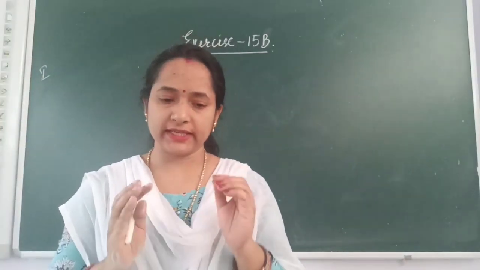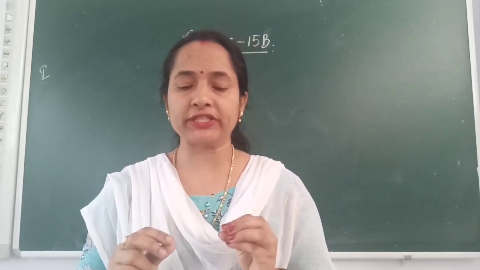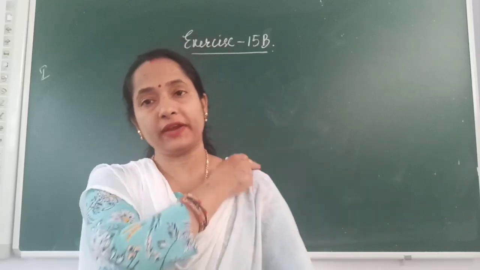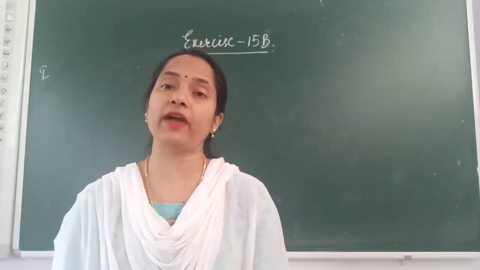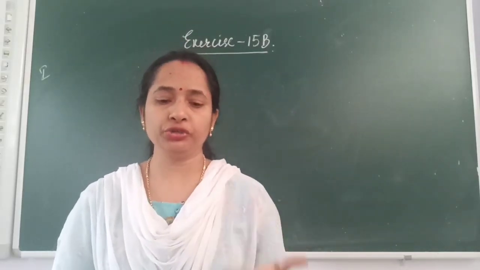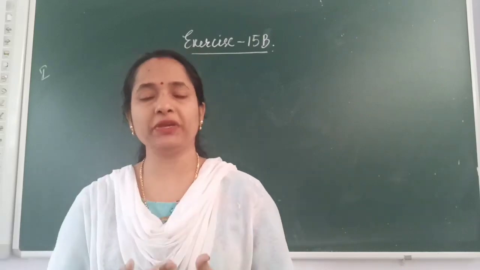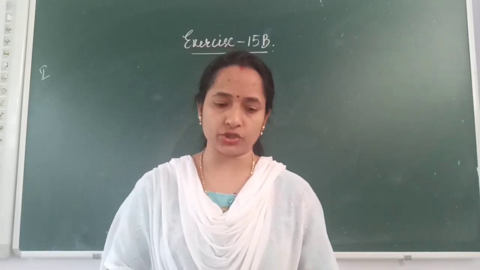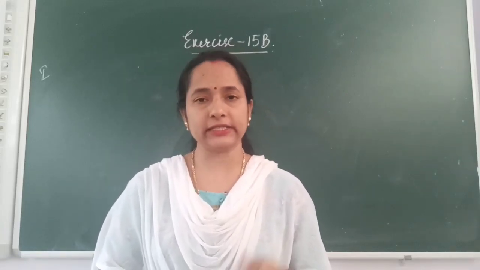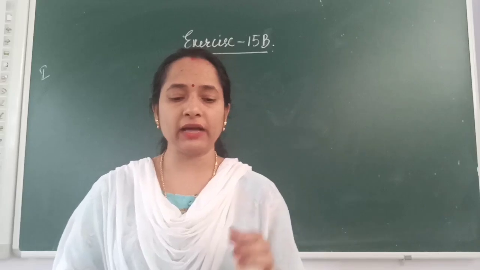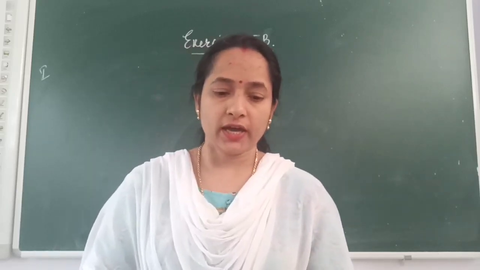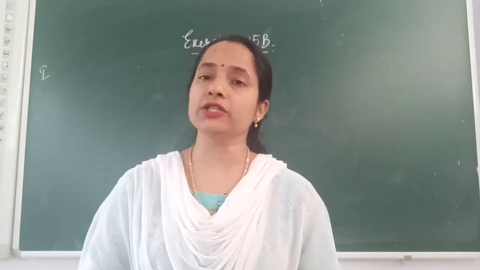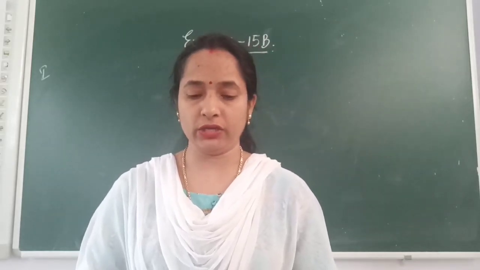Bit B is directly given a square of side 25.5 centimeter. You can write 25.5 centimeter as it is, or you can convert it into a mixed fraction, simplify, and find out the area of the square. So you do this. Next, let us go to question number 2. Ram Singh is mowing a rectangular lawn of dimensions 30 meter by 40 meter.